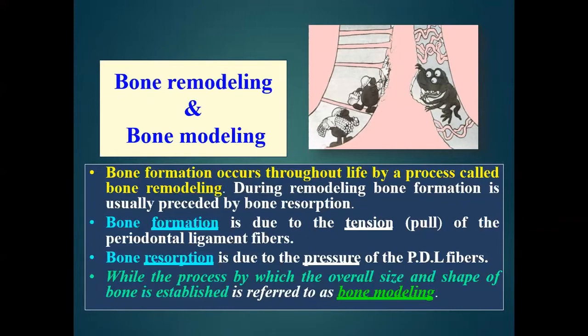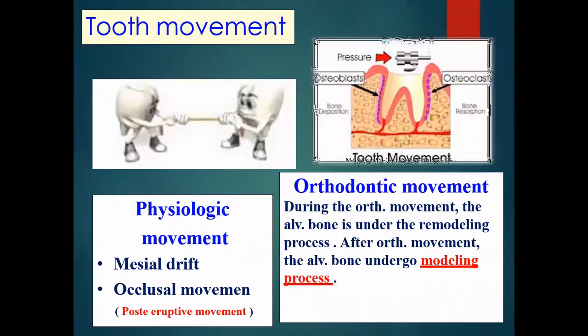So we have seen about the parts of the alveolar bone, the alveolar bone radiographic features, the cells of the alveolar bone and the role of the alveolar bone cells, and we have seen about bone modeling and remodeling. So thus we have seen about the physiological, what is the normal condition we are seeing.